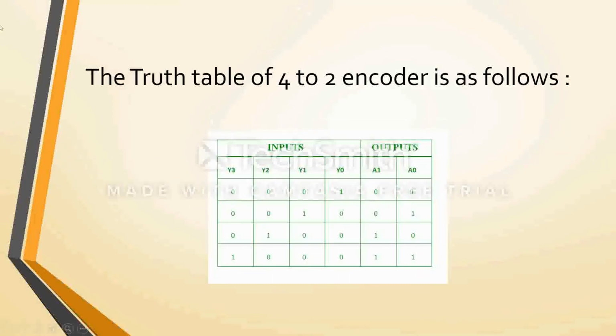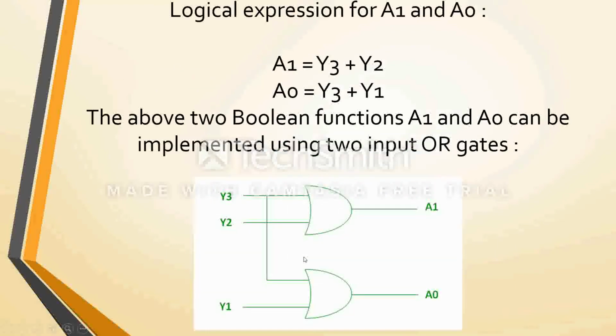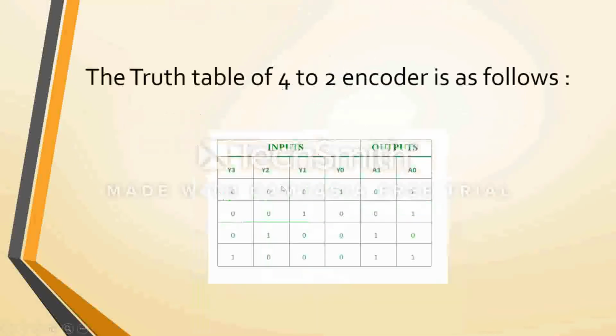So we have taken the example of a 4 to 2 encoder. If there are 4-bit inputs, then I am encoding it to 2 bits only. For example, here if y0 is 1, then the output is 0 0. If y1 is 1, output is 1. If y2 is 1, then output is 2. And if y3 is 1, the output is 3. This is how we hide the information, or make the input compact with the help of encoders. The expressions are given, and they are obtained from this truth table only.